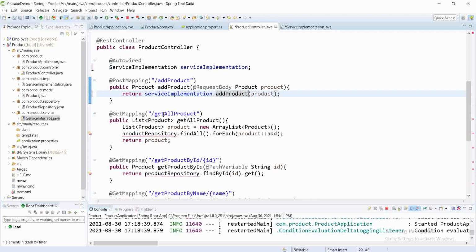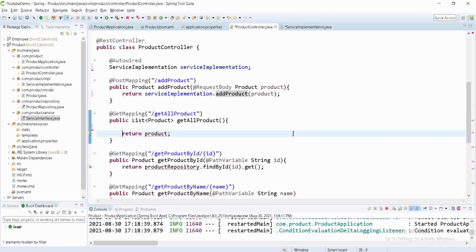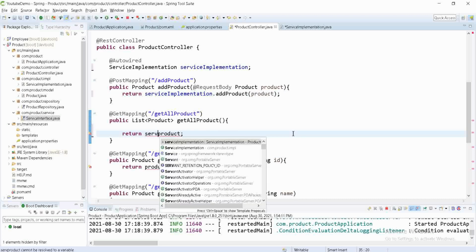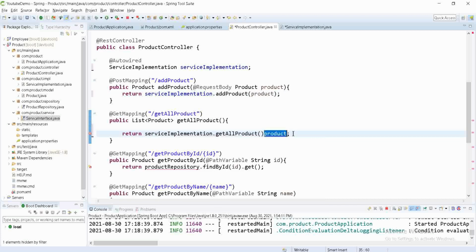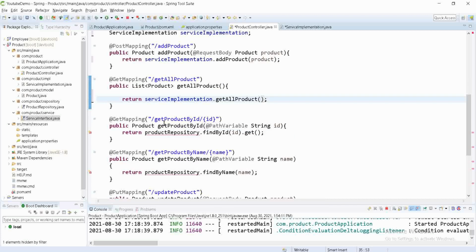Do the similar for everything, like get product. Now from here we are going to remove this, and we are just calling these methods, like service implementation dot get all product. So we are removing all the business logic from the controller and moving that business logic into the service layer.